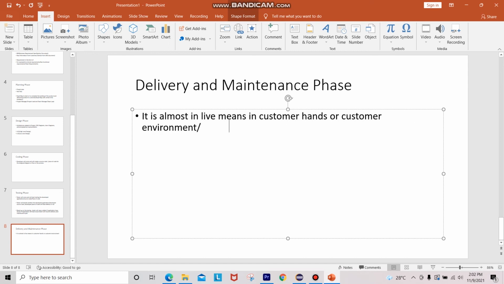Okay, or it is in live production. You can call it production support. Delivery and maintenance means it is almost in live, in the customer environment, in live production.